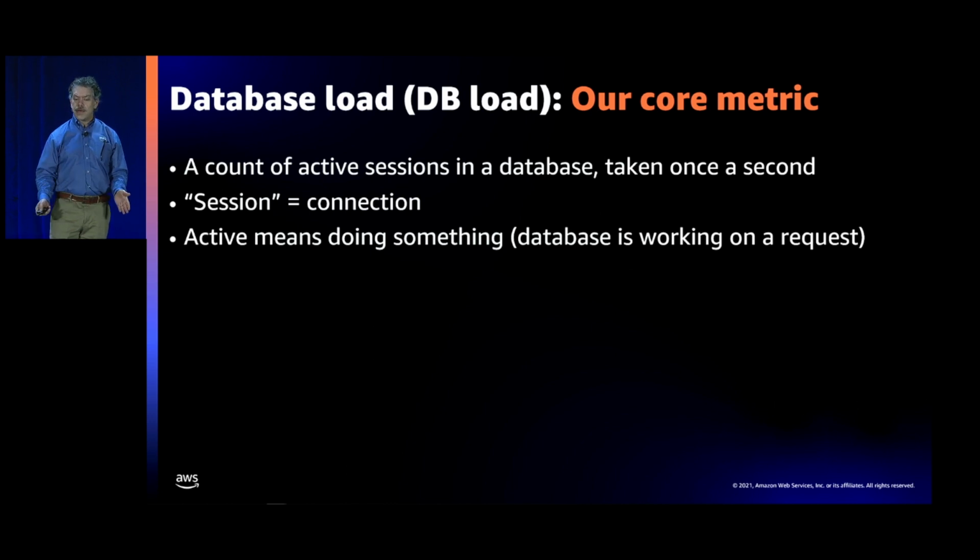And it turns out that this count, especially if you average it over 1 minute or 5 minute or 15-minute time periods, is a very accurate measure of how stressed a database is. So in Performance Insights, we usually show this metric in periodic averages, like in a 5-minute average or a 10-minute average or a 15-minute average. Because we're averaging the metric over chunks of time, in part just to be able to display it well in a graph, we use a unit of measure for this metric called average active sessions, or AAS for short.